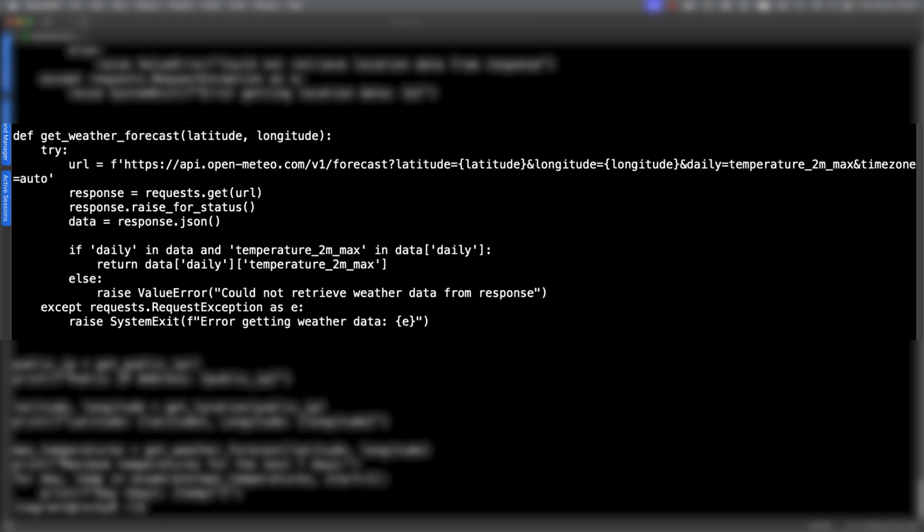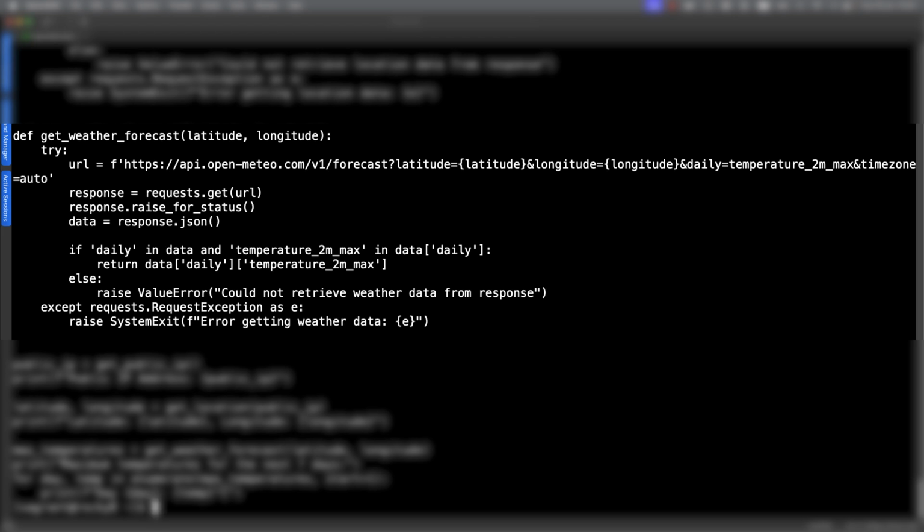As we move further into the code, we can see that we are populating our response with the requests.get on our URL. We're looking to populate the data dictionary with our response in JSON format. And of course, we're checking that we've got the right data in there.